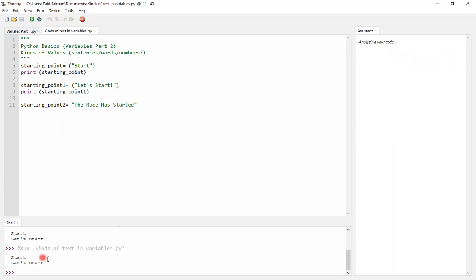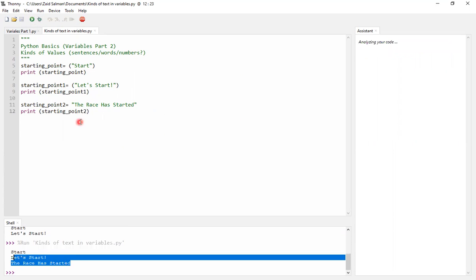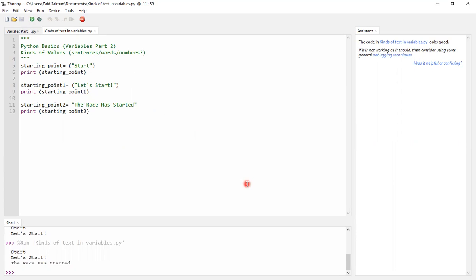So you can see start, let's start, and I forgot to do print. I'll just print starting point 2, and the race has started. You can also put an exclamation mark, or I can do another thing.